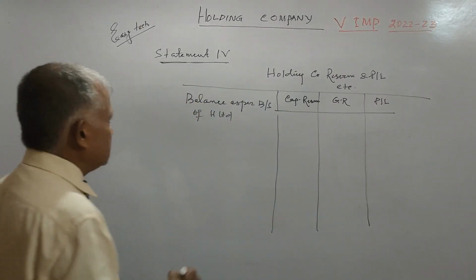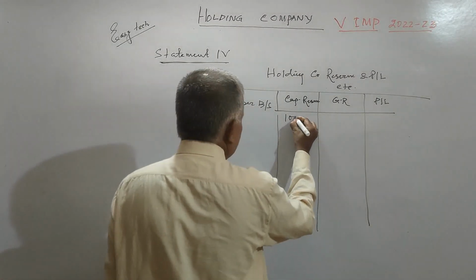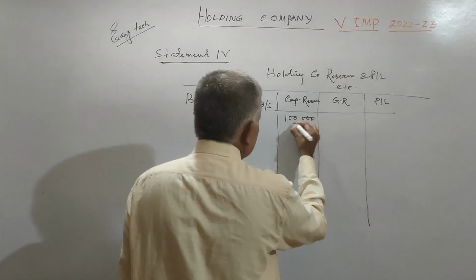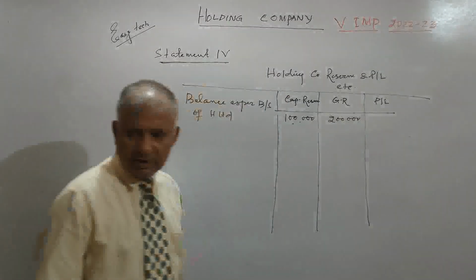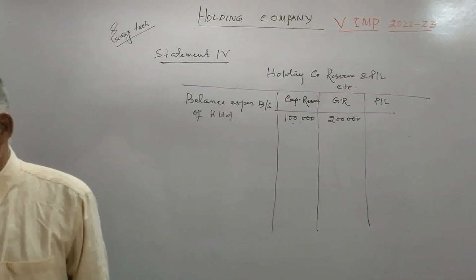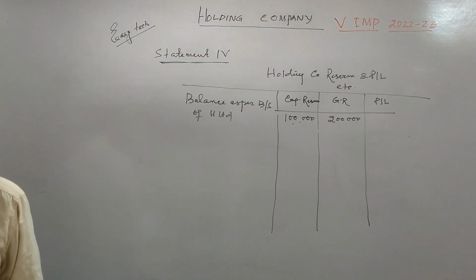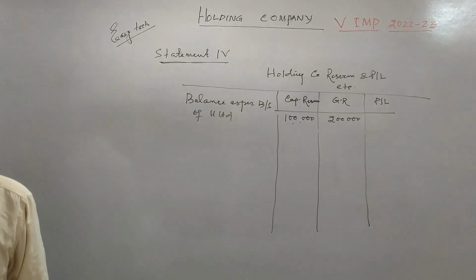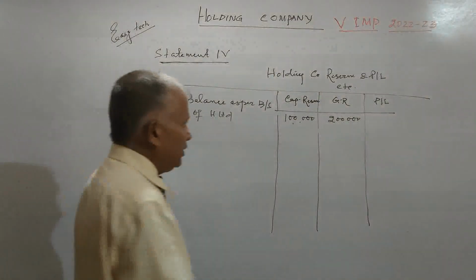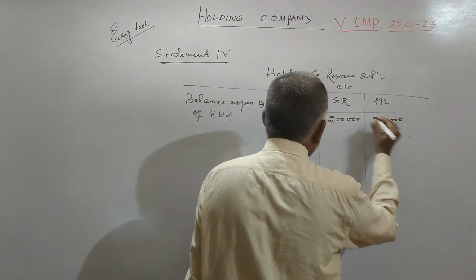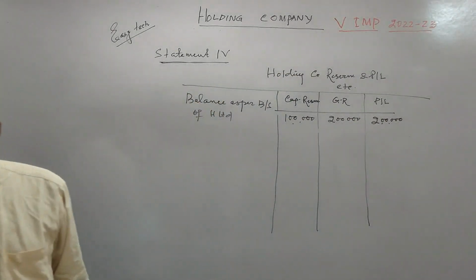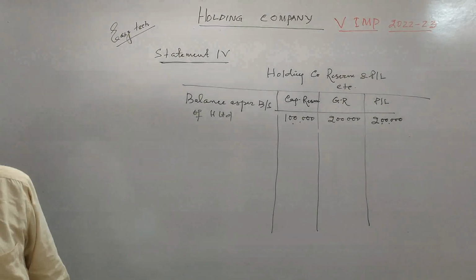The capital reserve balance is 1 lakh, the general reserve balance is 2 lakhs, and PL is also 2 lakhs. Right? Now we have to add